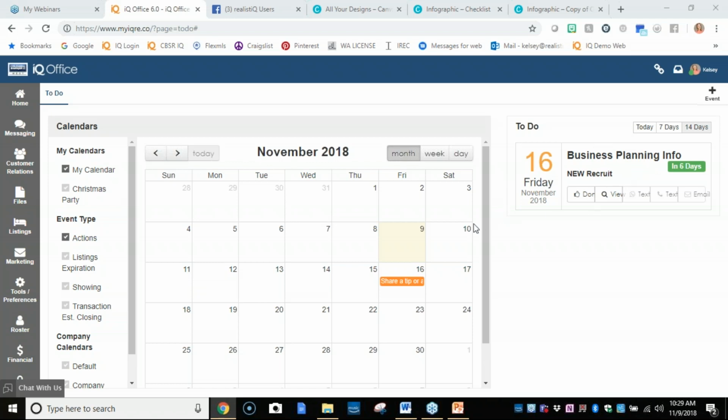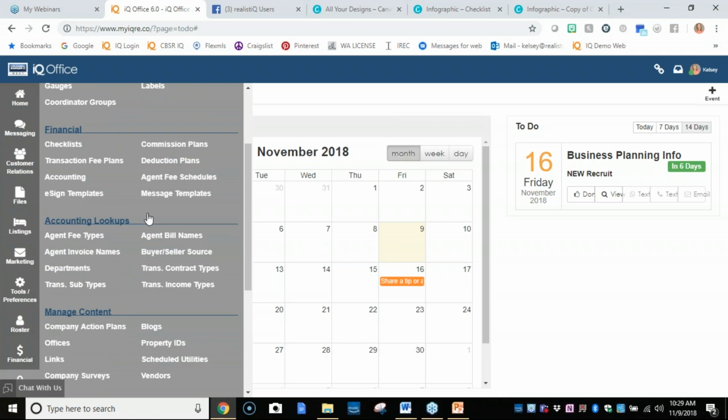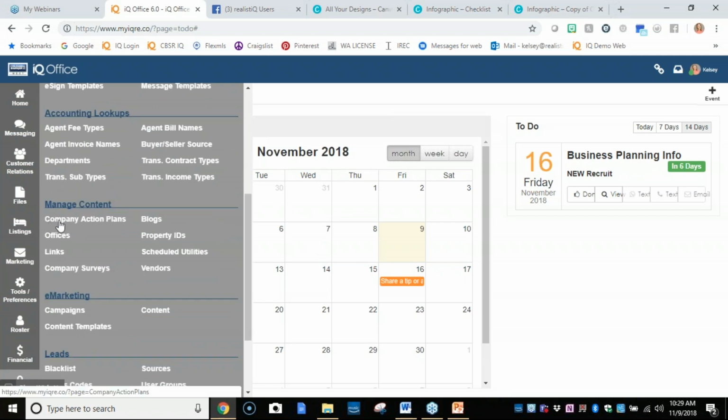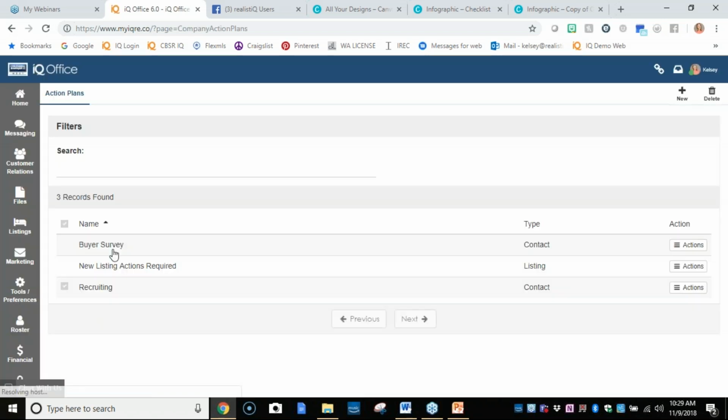So if you are an office admin or a manager or a training person, you want to create a campaign for your company, you are actually going to go somewhere else to create your action plan. And then, Margaret, I'm going to go through some different types of content that you can create. So you're going to go down here to your admin section, and you are going to go to manage your content and create a company action plan. So you create it the same way. You just go to company